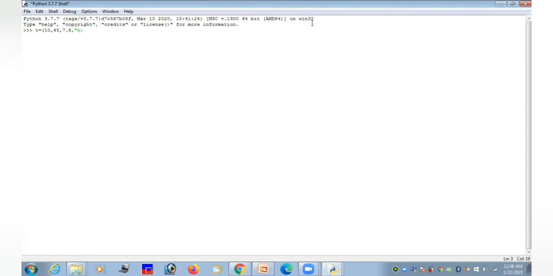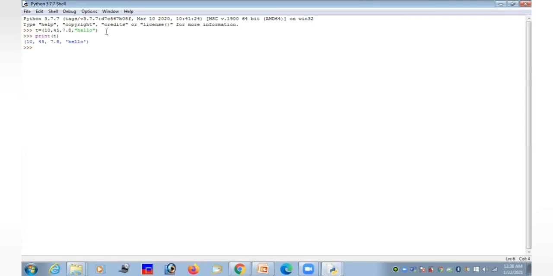So here I am going to mention the integer value and also the floating point value, and also one string value. Now I am going to print all the elements present in the tuple T. It will list the elements in tuple T, right?